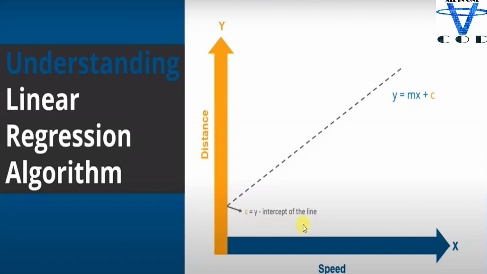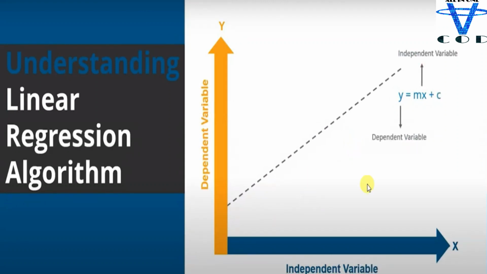Okay, you got all the points: what is y, what is m, what is x, and what is c. So this is our equation, y equal to mx plus c. We are going to see in detail what y equal to mx plus c is in the implementation. So y is the dependent variable and x is the independent variable. Sorry, I mismatched this in the previous talk. Y is the dependent variable and x is the independent variable.